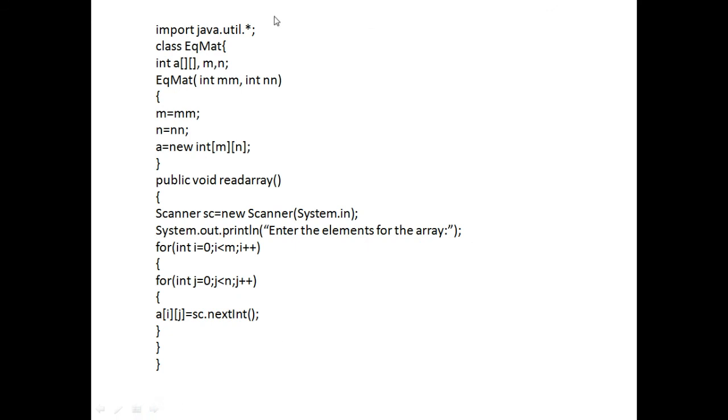So here also, children, will write the package, then the class name. You can write that public part also, that is optional. As I have said, the constructor will initialize the data members and all. Scanner class also you can give here, no problem children, that is optional. Then void read array will use the scanner class here. See, if you are not mentioning static here, you have to write it here. Then ask the array elements. Okay, up to this much is the input part.